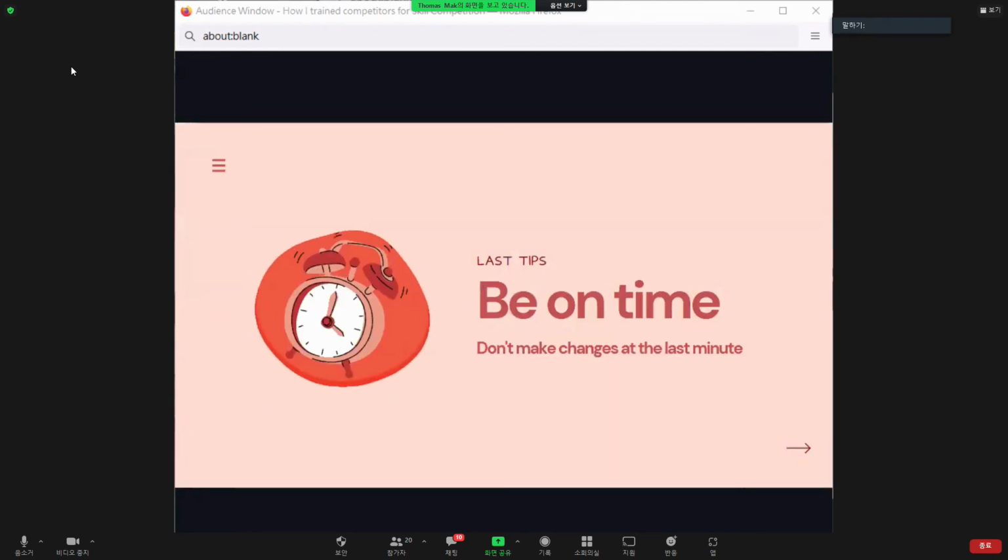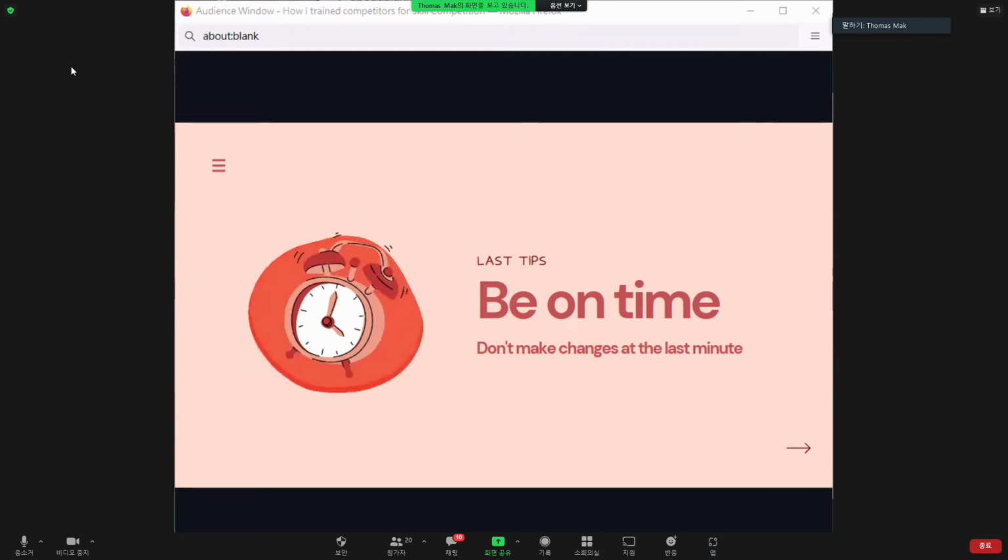The last tip is to never make any changes in the last minute. I tell my competitors to check everything in the last 5 minutes, make some fixes in the last 4 to 3 minutes, and after that, don't do any changes. Things work on the server as is. If you find a tiny issue that you want to fix in the last minute, and you fix it, fine. But if you do the changes,